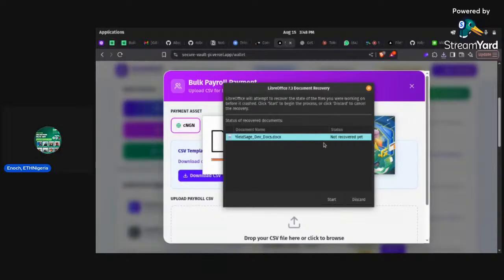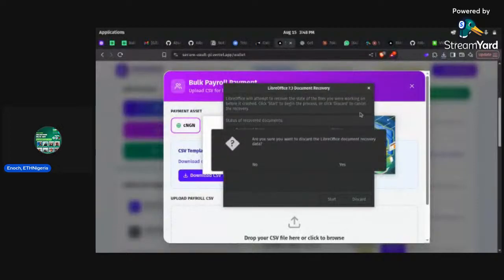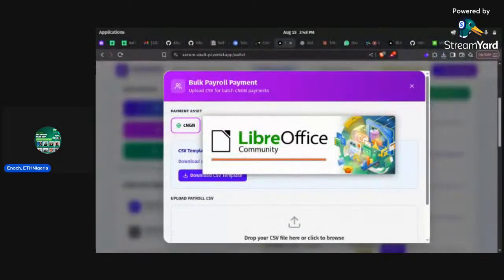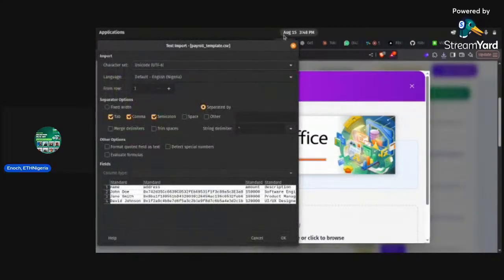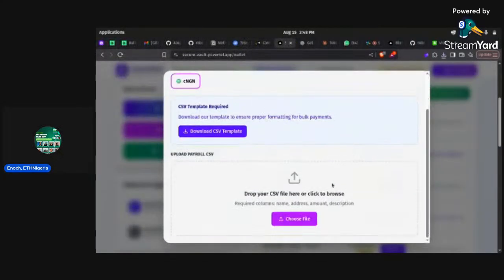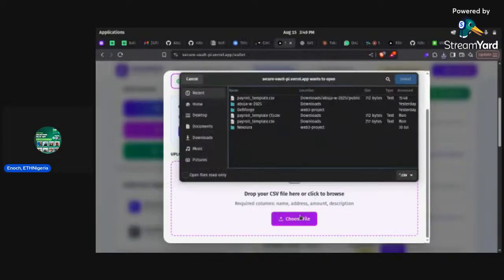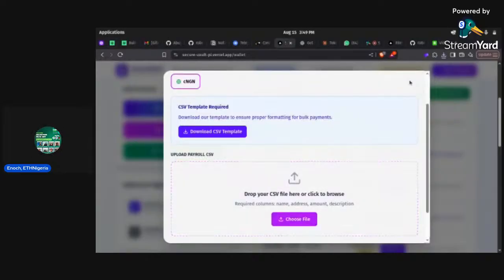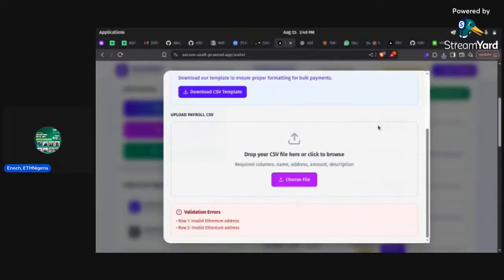For example, what I am just trying to do, so if I try to... it is saying that anybody can tell. So I have to